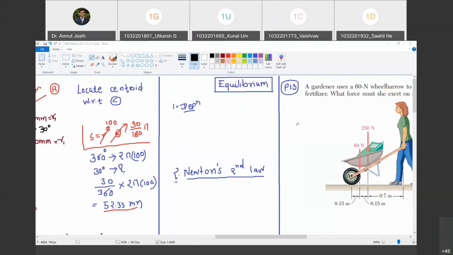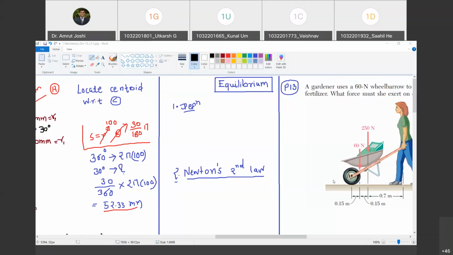Now let us go ahead with the new concept today, and that is equilibrium. Are you with me? Yes. The concept of equilibrium I have covered in detail during the lab sessions of the L1 and L2 batch. L3 and L4 batch, we will be covering the remaining part this Saturday. But apart from that, let me summarize the concept of equilibrium so that we can straight away go ahead with the problems. I'm not going to go into details of all these concepts, but we will summarize it.